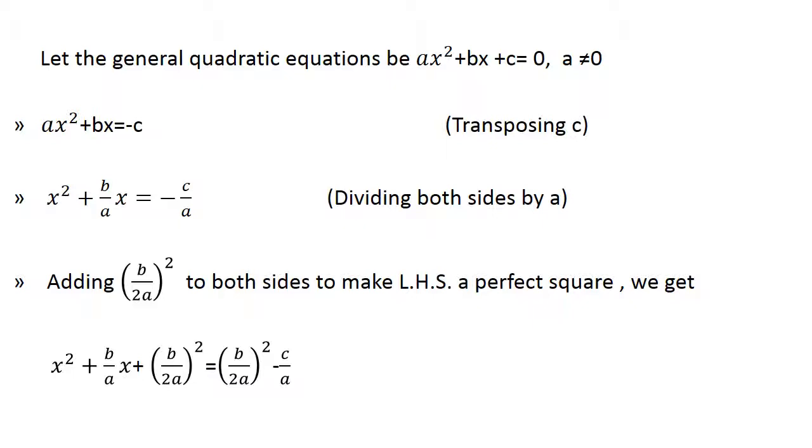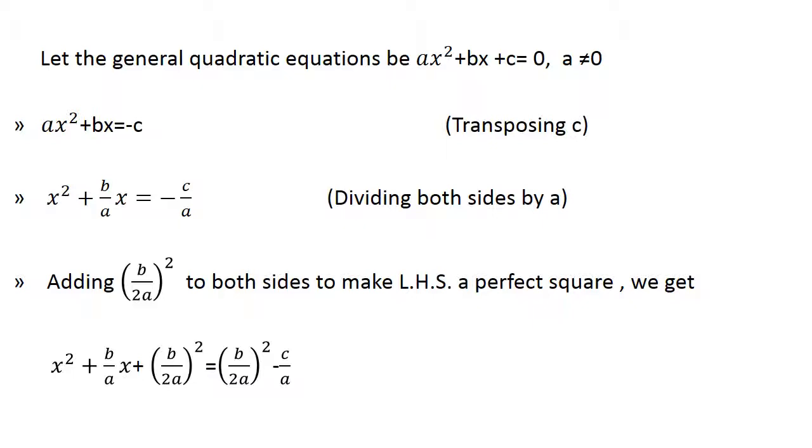Therefore, ax squared plus bx is equal to minus c. Transposing c, and dividing both sides by a, we get x squared plus b by a into x is equal to minus c divided by a. Then adding b divided by 2a the whole squared to both sides to make the LHS a perfect square,